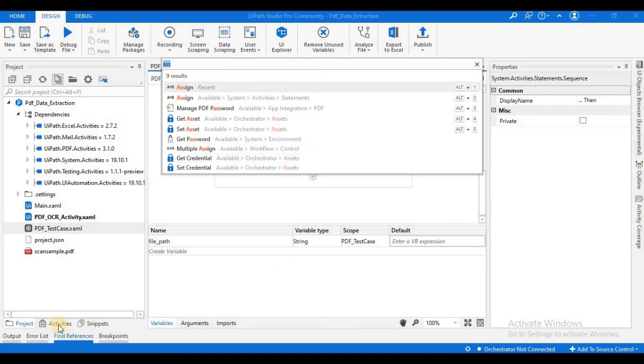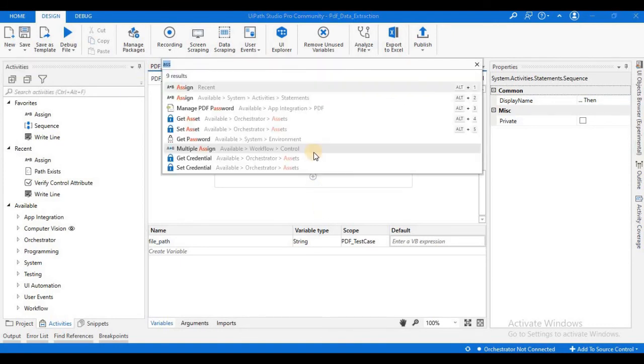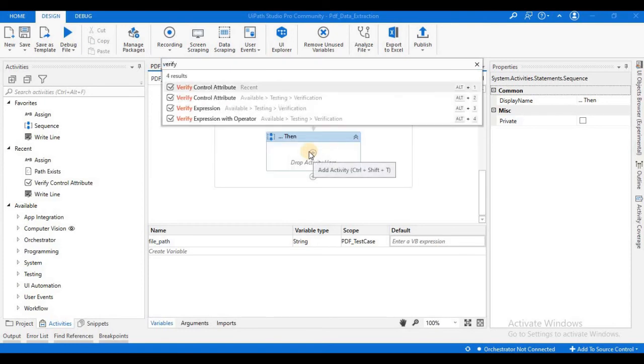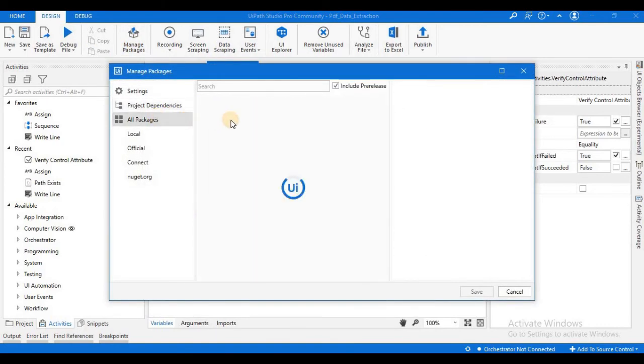Okay, so you can simply go here and type the verify activity. This activity will appear only if you have this package in your library. Okay, so if it is not there, you can simply download it from here.